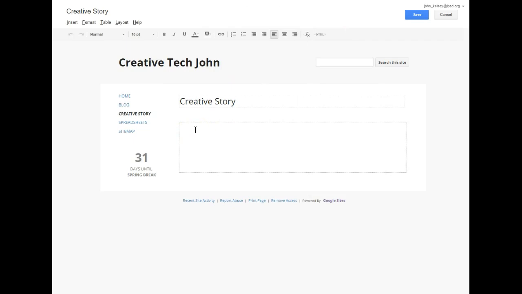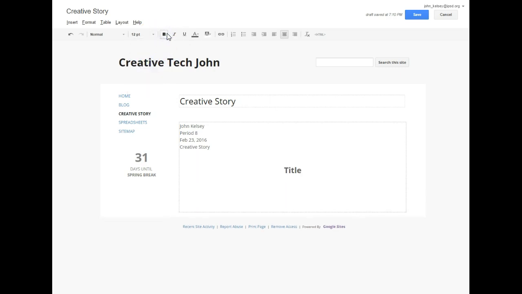Now, if you read the directions, it wants you to pretend that this is a Word document, so go ahead and put in your 4-line heading like you normally would. So that would be your name, period, date, assignment name, and let's just say this is February 23rd. And this assignment name is just going to be called Creative Story. Enter 3 times just like I did before. Go ahead and center this. Use your same formatting that you normally would, size 18, bold, and then this is where your title is going to be. Switch it back down to 12, turn off bold, enter 3 times,